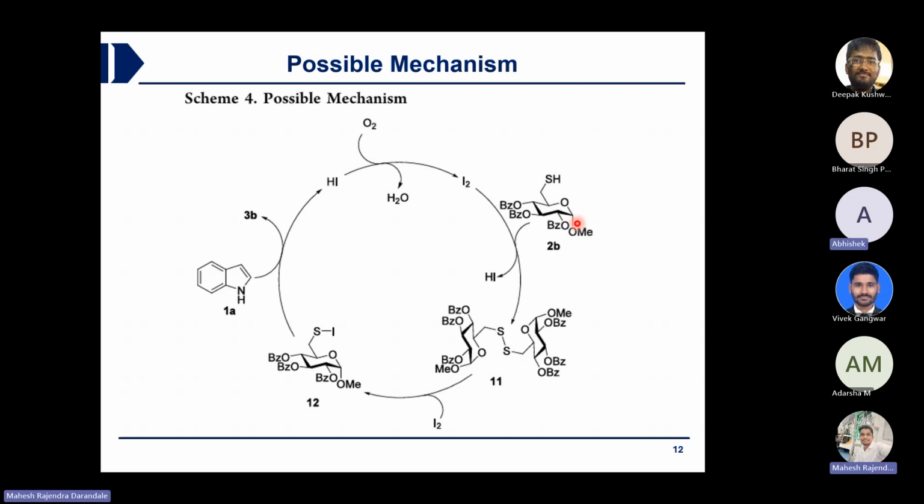Deprotection of the C6OH, and maybe there they are forming Br, and thioacetic acid, like ESH, is there, COCH3. So thioacetic acid will attack on the Br, and there is formation of ES double bond COCH3. Further, they will deprotect that COCH3, like in hydrogen condition or maybe in the acetyl chloride condition. So SH will form there. So this is the normal method.